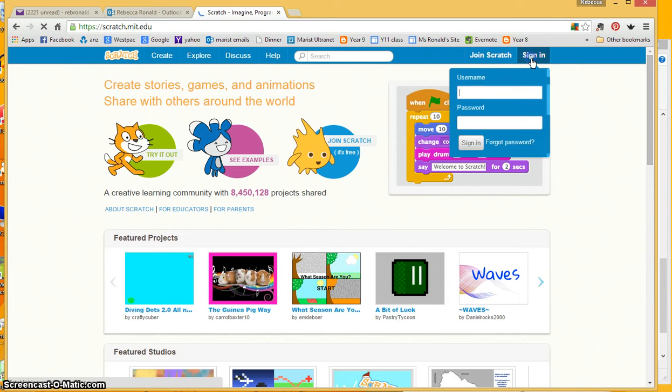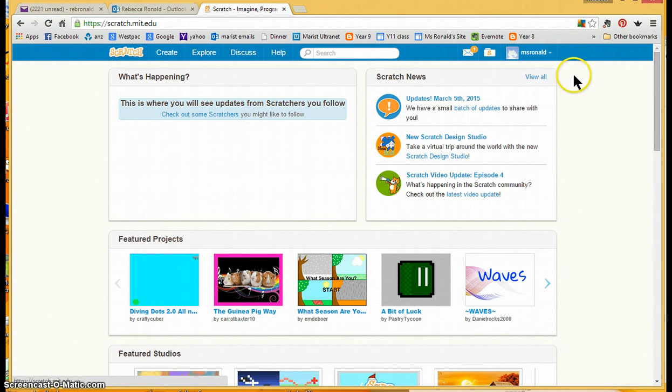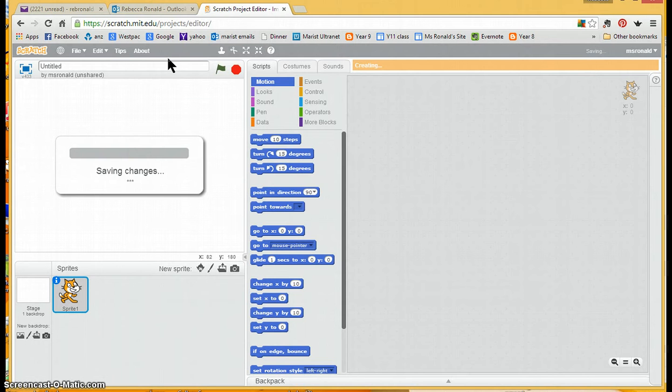Then I need to sign in. If you haven't already got a login, you should create one. I've got one, I just don't remember what it is. I'll just pause while I figure it out. Okay, now I have logged into Scratch. You will have to create a login and then probably check your email address to confirm it and stuff like that. Then we're going to go create,